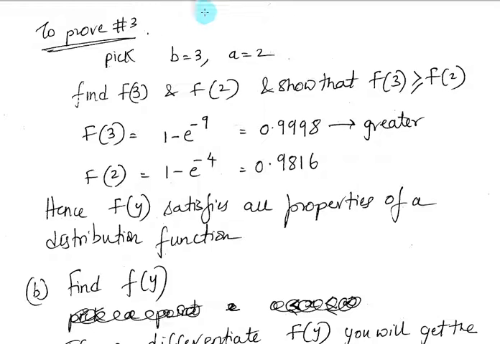For proving part 3, or property 3, we need to pick a b which is greater than a. So I picked a b which is 3 and a equals 2. You can pick any other values, and then we are essentially trying to find F of 3 and F of 2. So all we need to do is really substitute that value